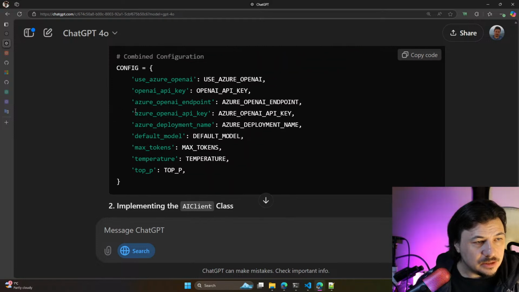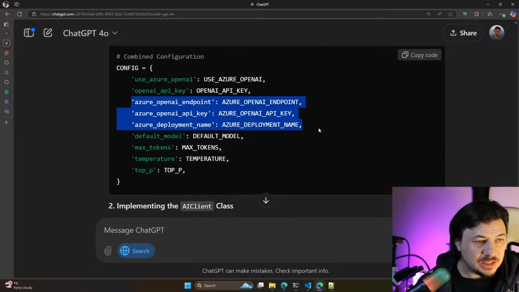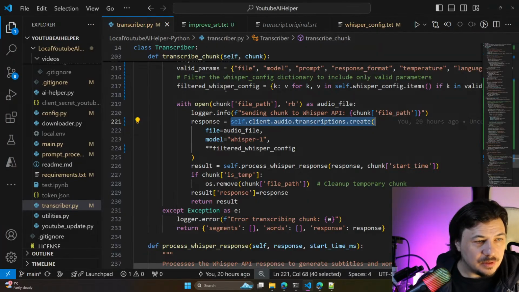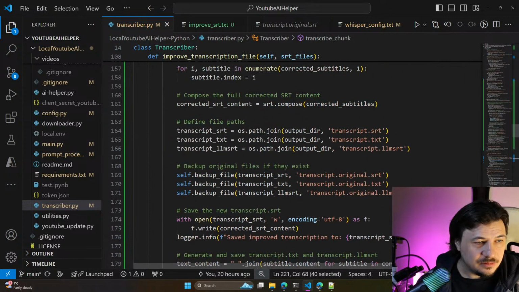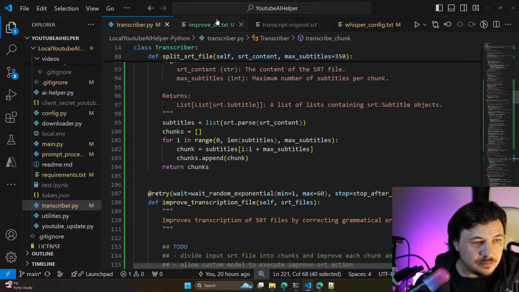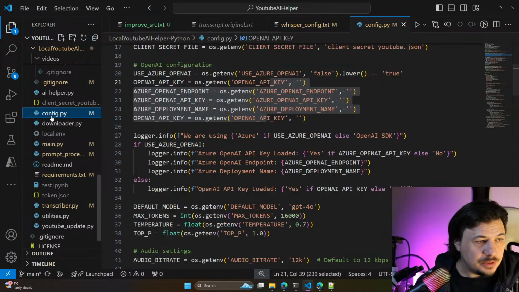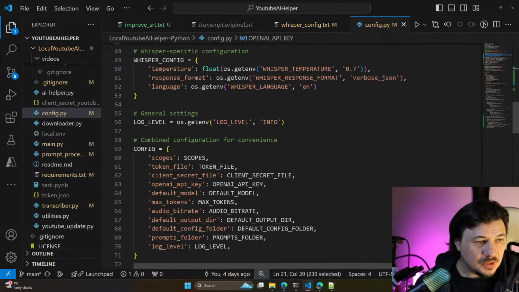Oh, actually the config is async. I missed that. So let's copy the actual config.